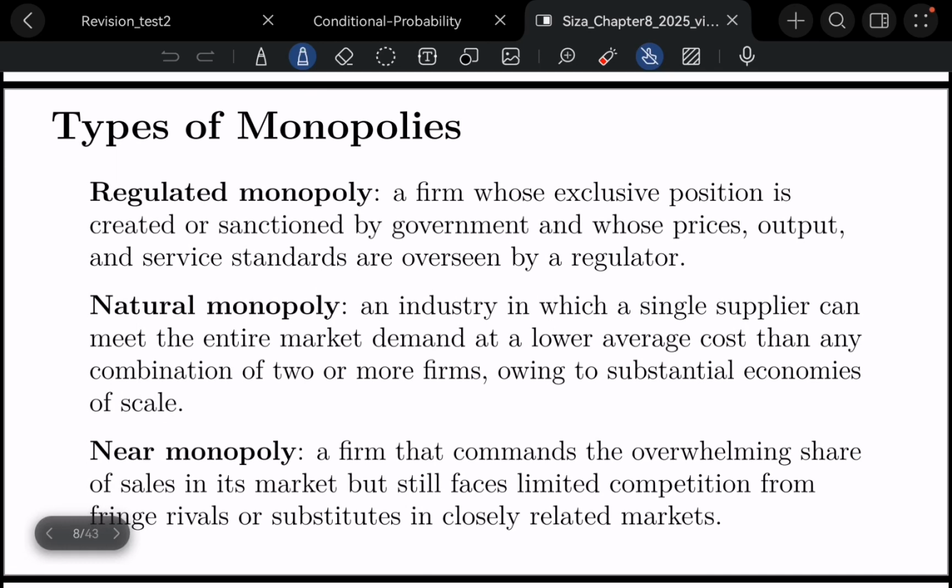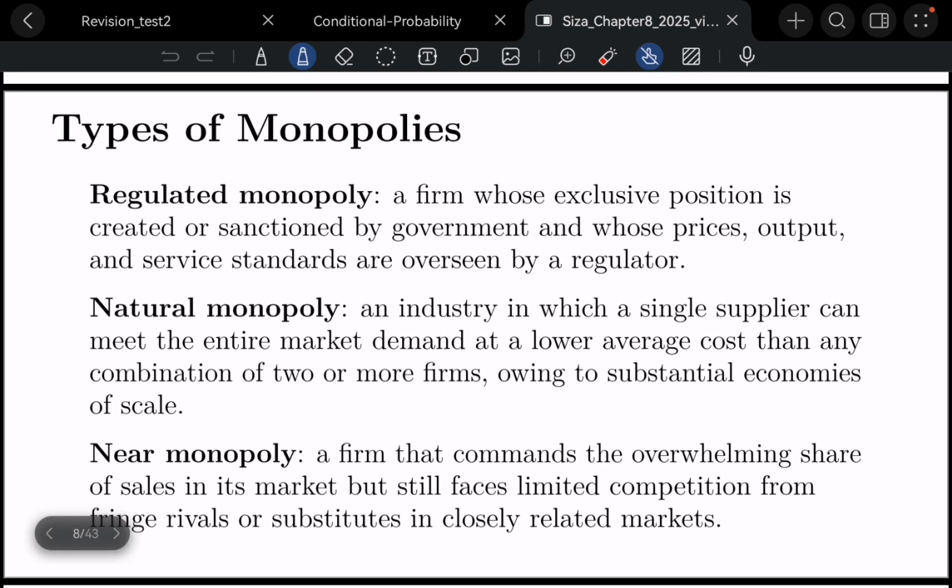So the types of monopolies you can think about are regulated monopolies, right? So these come from legal barriers. Or not legal barriers, but maybe you can say the government sets it. It says, look, we want this firm to produce a certain good. So you can think of Eskom, for example, which is the electricity provider in South Africa. Legally, I think back in 19, I forget the year, the government set it out and said by regulation, by law, Eskom should be the only firm producing electricity to supply to the country. And obviously, these things have been changing as time goes on. But that's an example of a regulated monopoly,